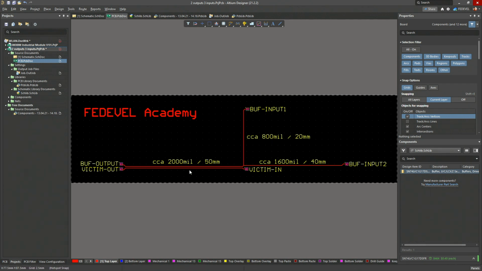So 2000 mils between these 2 points, or 50 millimeters, and the distance between this point and this one is 800 mils, 20 millimeters, and the distance between this point and this buffer is around 1600 mils, or 40 millimeters.